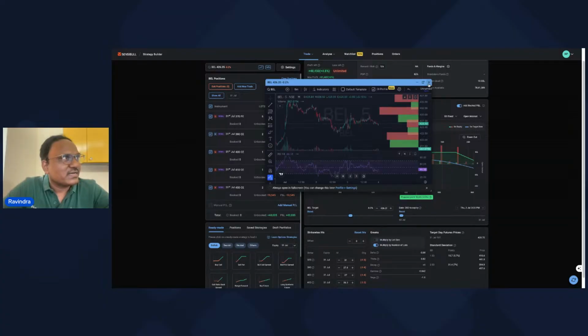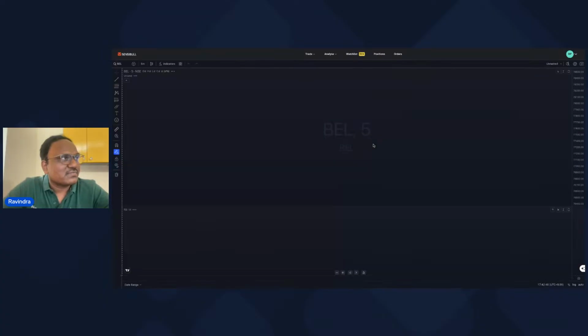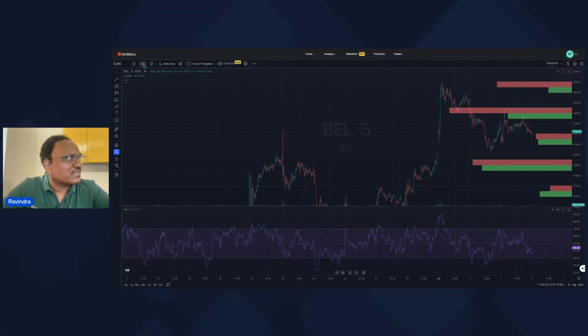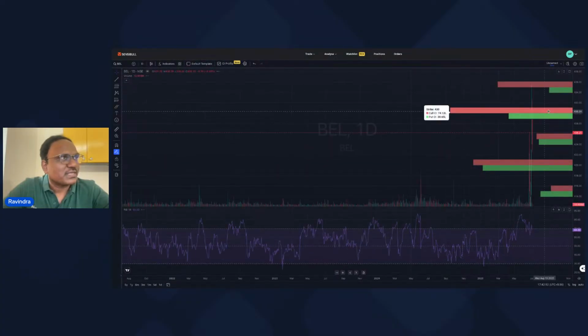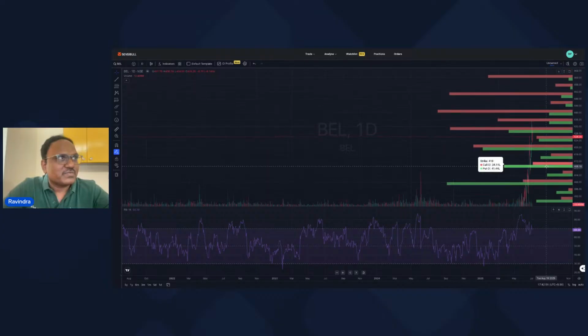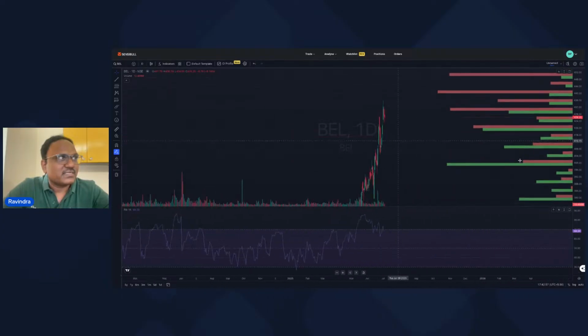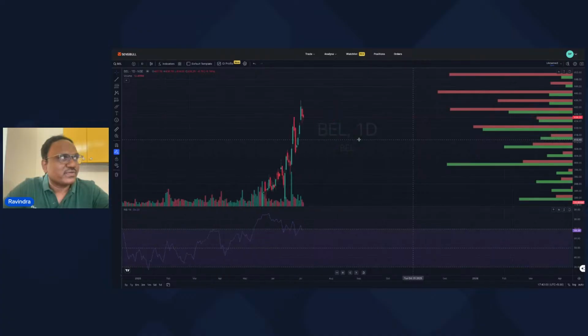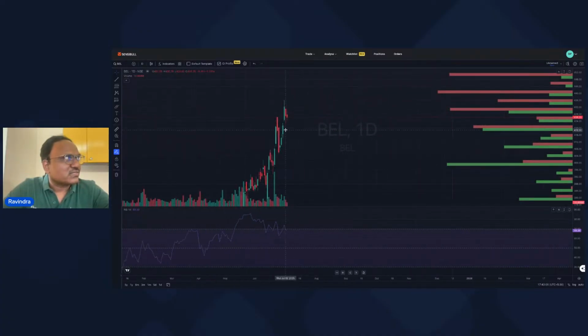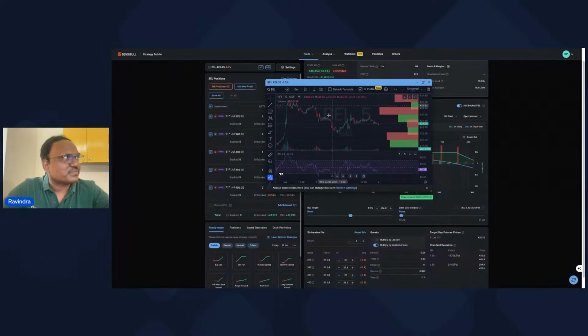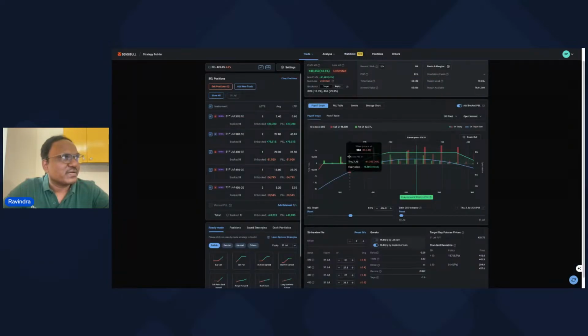So BEL, if you look at, this is basically a combination of some bit of fundamental and then technical analysis. If you look at the 1-day chart, it has reached pretty much its peak in recent days. It's reached an all-time high, I think the 52-week high, somewhere here. And then it went back. Now the rationale for this trade is very important. Because it already reached the all-time high, my expectation is that it will not breach the all-time high again.